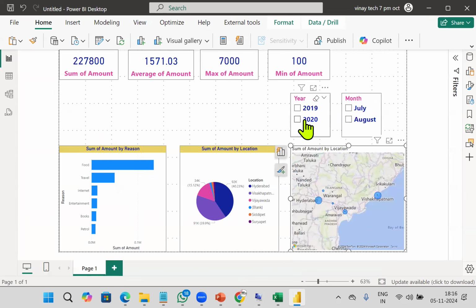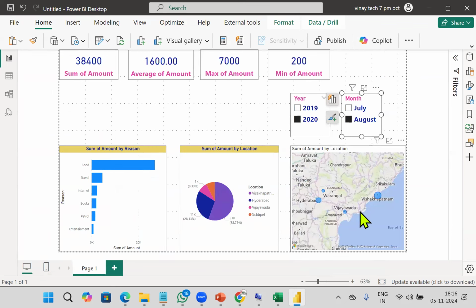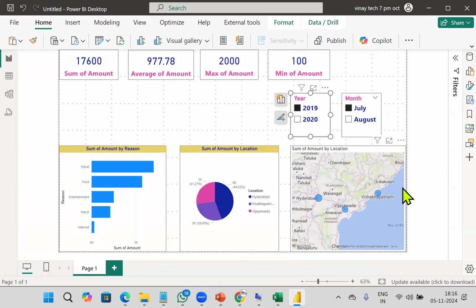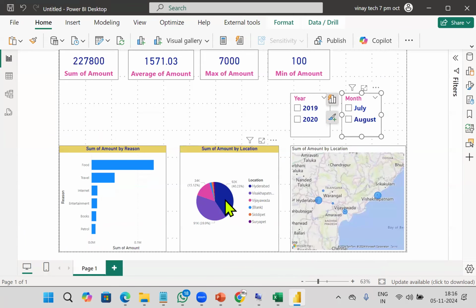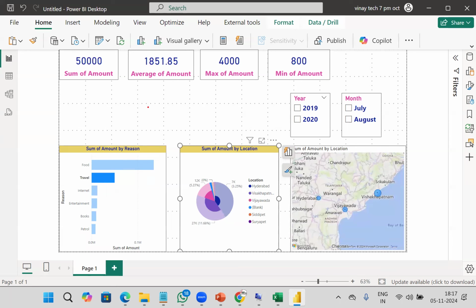So 20 data, 20 locations, 20 August locations, 20 July. So 19, 20 July, 19 July, like this. Changing. And not only this, even when you click on this, it will change other visuals. This is called cross highlighting